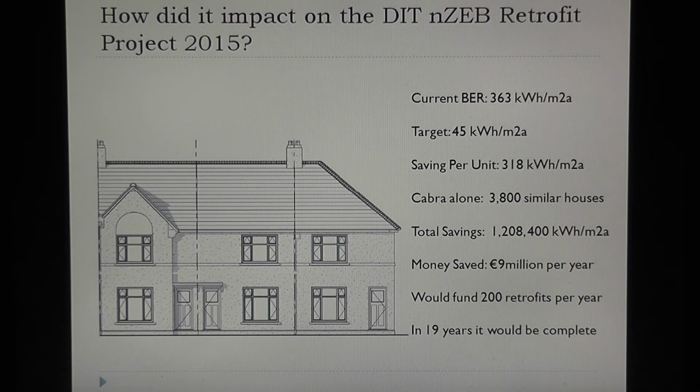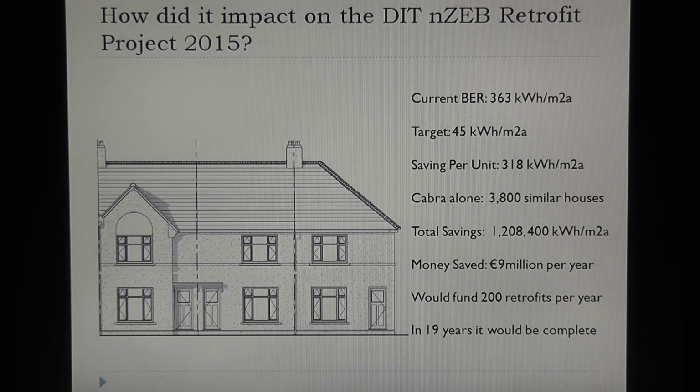So now returning to the second part of my presentation to the NZEB conference in DIT on the 29th of May 2015. Having identified that there is an issue with the ACDs and compliance with the mold growth and surface temperature risk factors, our program this year involved taking a precast concrete house from the 1930s, a terrace of those, and upgrading them to the